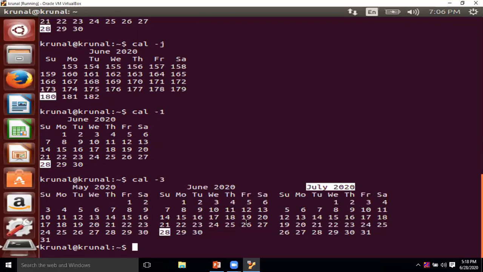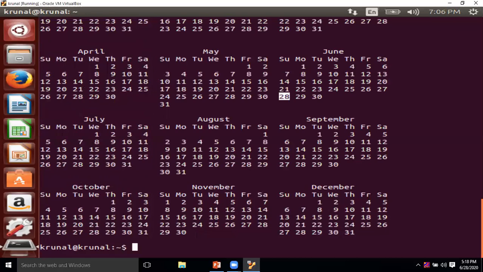Now there are some other options with the cal command. Cal -y: if you want to see the total year calendar, simply press enter and the whole year calendar is displayed, but it is not displayed on this single screen.